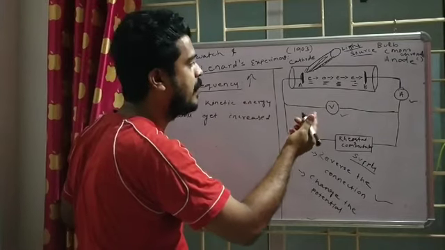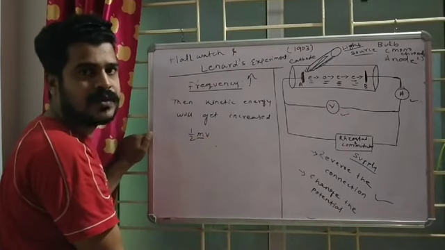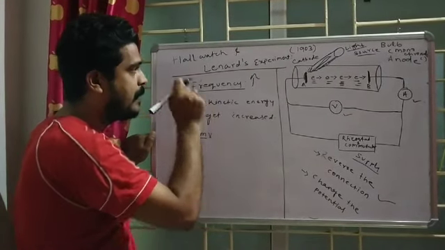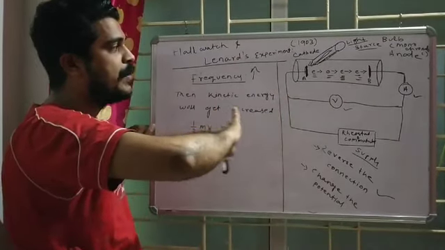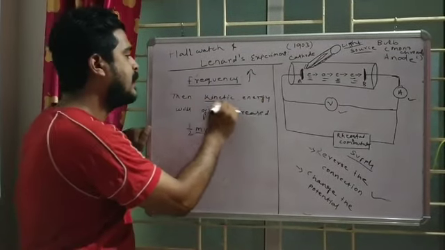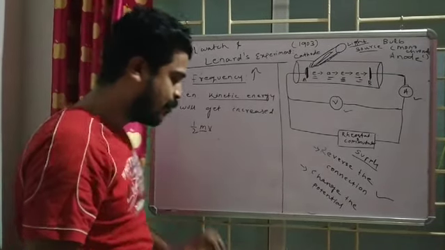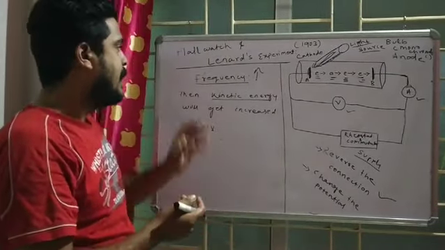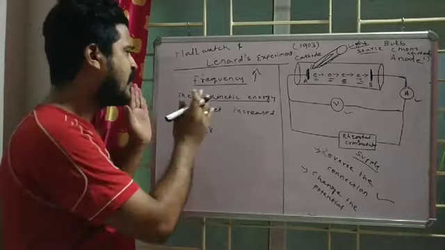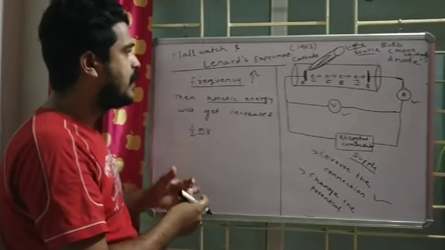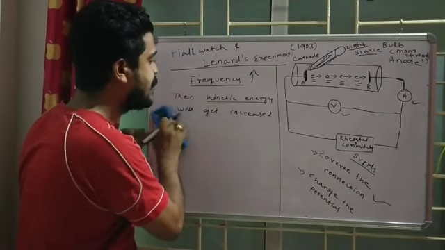High velocity, why? Because you know that the kinetic energy formula is half mv square. Mass of the electron is always constant. So the only thing is that if they are changing the frequency, the velocity of these electrons is getting increased. Once the velocity increases, you can say the kinetic energy is also increasing. This is the second observation they have concluded, and you have to remember: if the frequency of the incident light source is getting more, the kinetic energy of the electrons is getting more, and the kinetic energy is getting more means you need a high stopping potential.